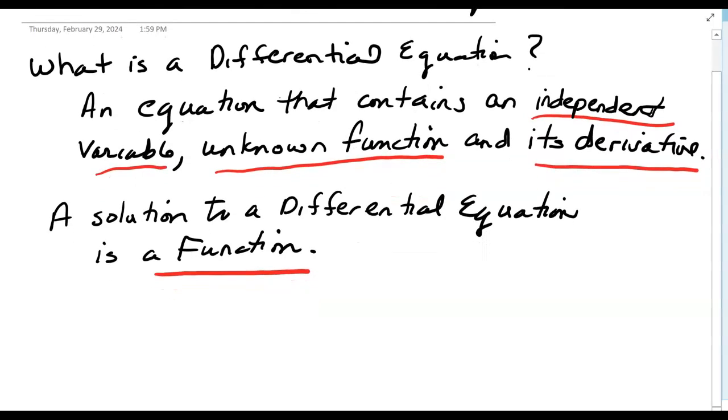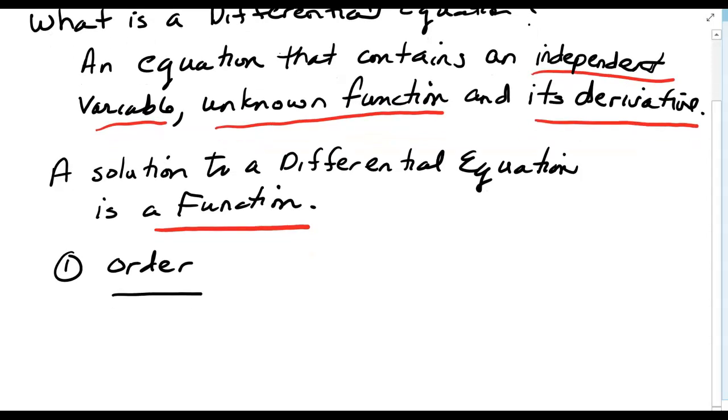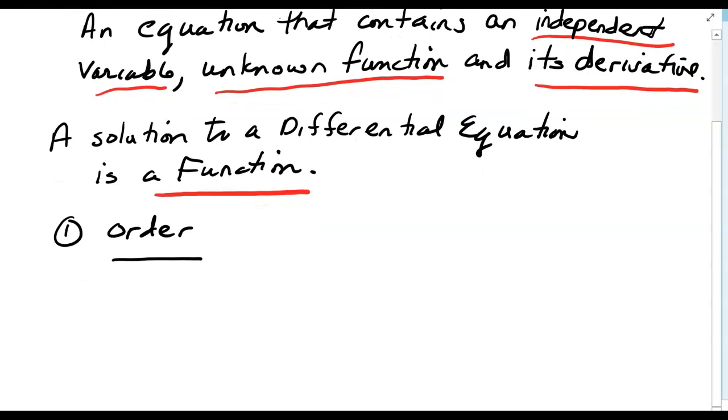We're going to do a little bit of classification first. We've kind of defined what a differential equation is. A couple ways you're going to classify them. You classify them by order. So the order of the differential equation is based solely on the level of the derivative within the function. So differential equations can be written a bunch of different ways. If we had the equation p prime